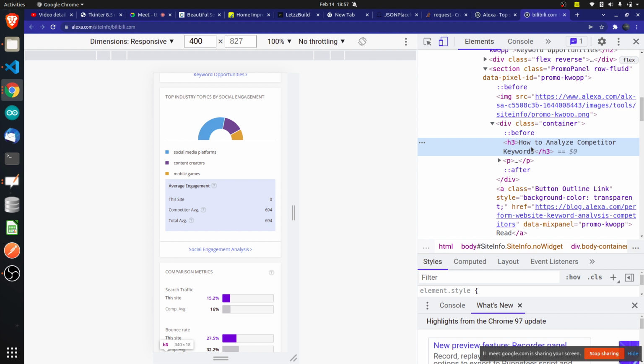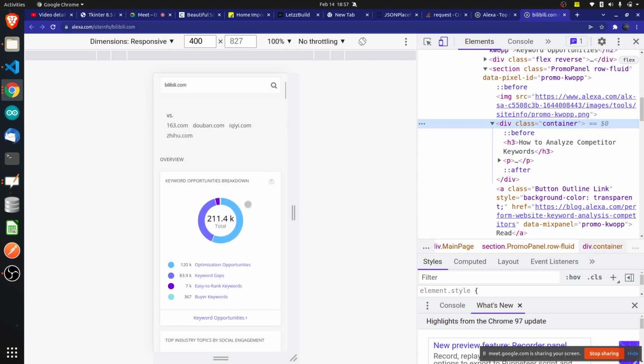This particular h3, right? So if you want this particular h3, then you should go and check the ID or the class that is given to that particular element. Is any ID or class given to this particular element? Not given, right? So go to the previous one. Where is that?